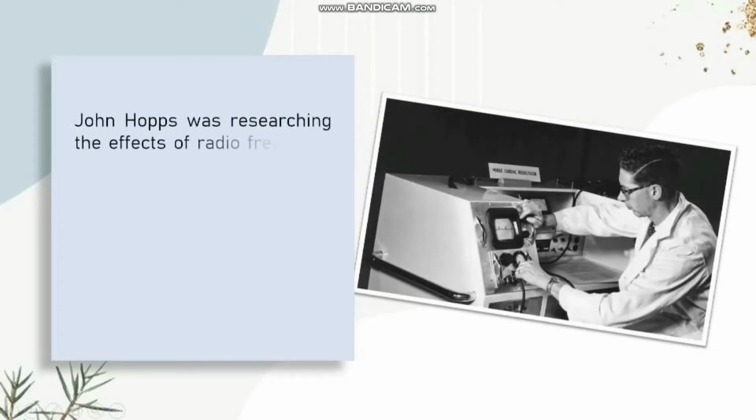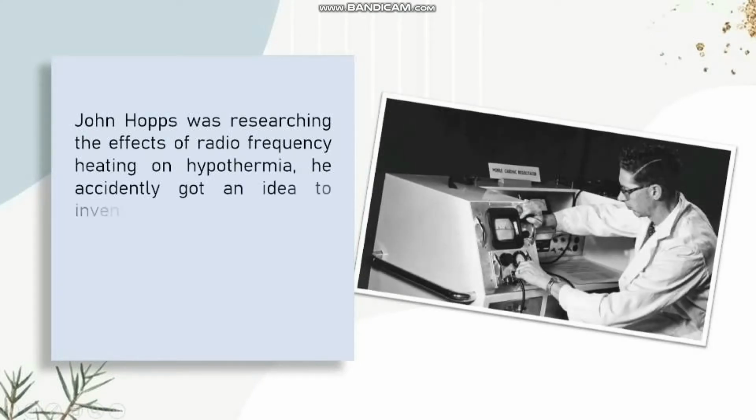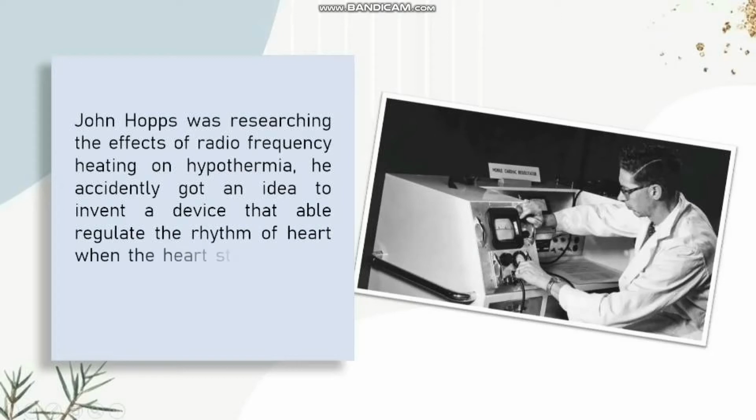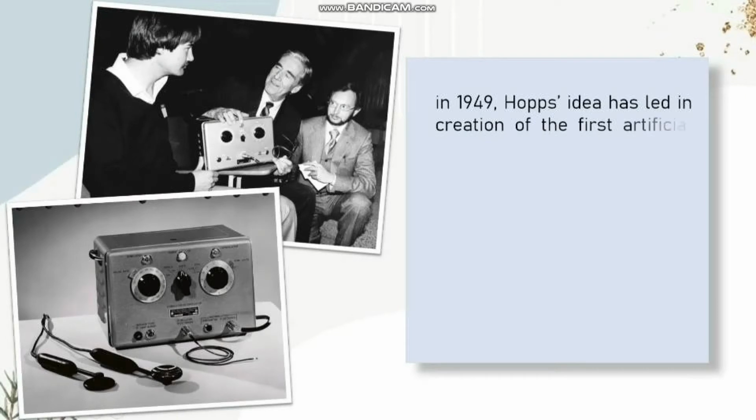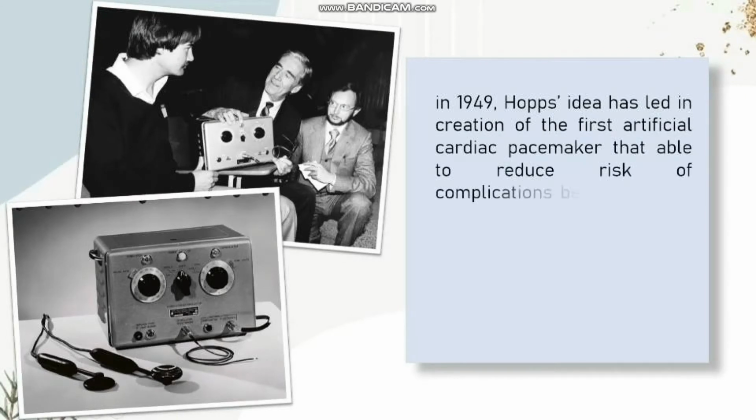While John Hopps was researching the effects of radio frequency heating on hypothermia, he accidentally got an idea to invent a device that was able to regulate the rhythm of the heart when the heart stops beating as the temperature drops, by using electronic stimulation. Finally, in 1949, Hopps' idea led to the creation of the first artificial cardiac pacemaker